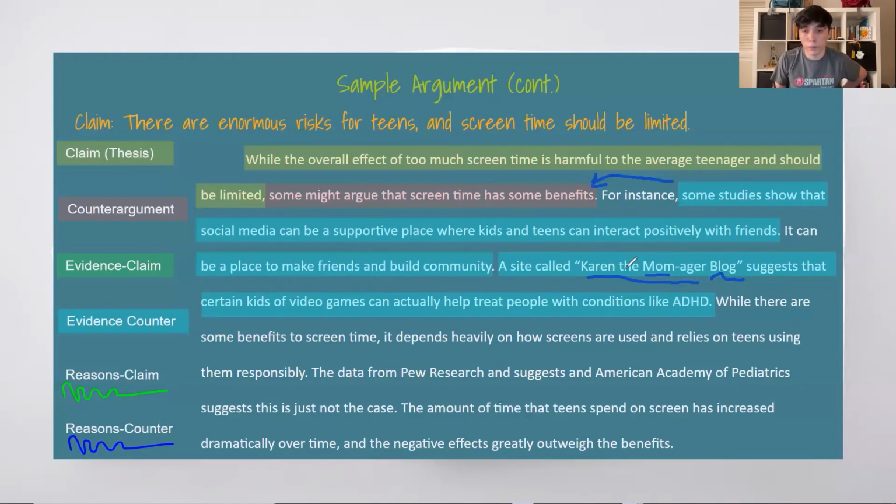So this site is made up, but if this was real, we could go look it up on the internet and see when this information was published.